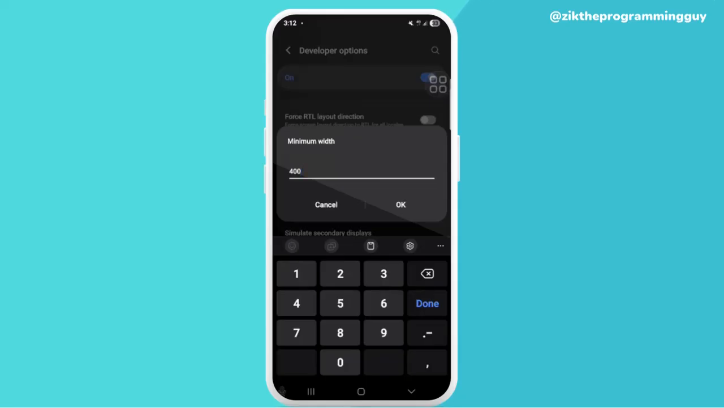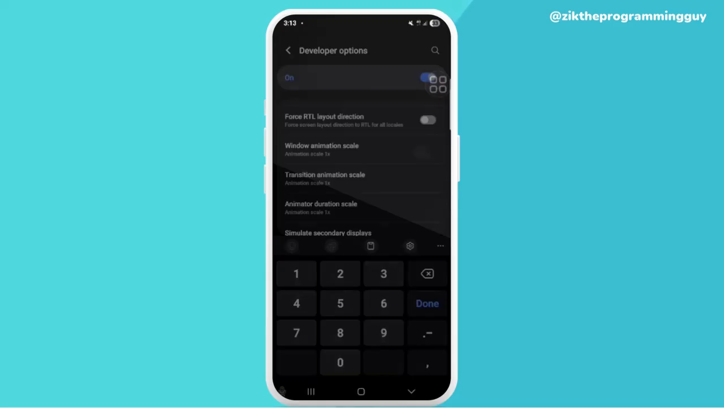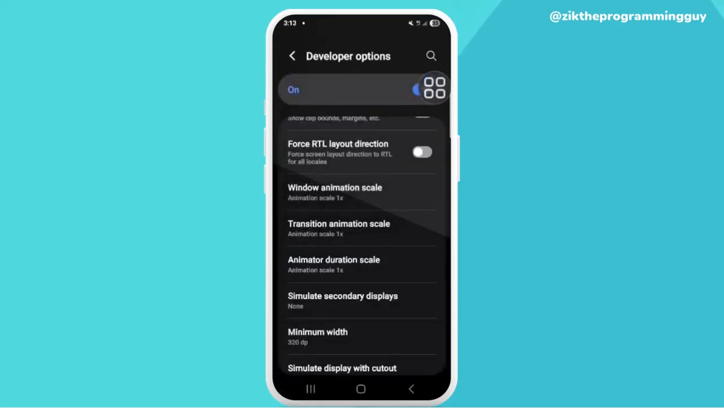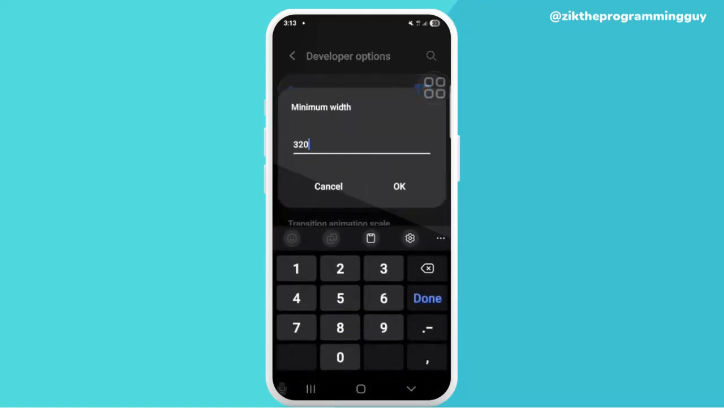Mine is already at 400. I think this is the smallest it can go, so we're going to make it bigger. 320. Okay, and you can see it has become bigger. Even my text became bigger, so I can actually reduce that to 380, and